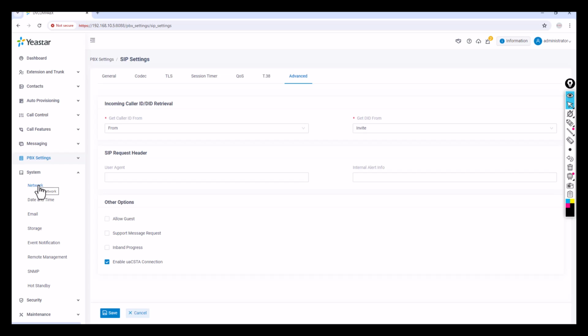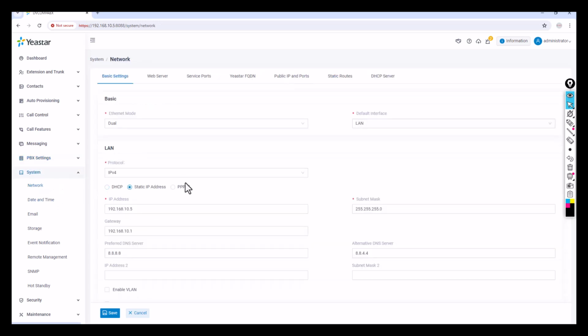it's always recommended that in the initial setup you specify which IP address you want. But in case you want to change the IP address for some reason, you are always welcome. You just come here, go to System, click on Network, and change the IP address. And make sure you don't select DHCP. Why? Because it's going to pick one of the IP addresses from your network, and later the phone is unable to find it. That's a challenge for you. So it's always recommended to keep a static IP address.